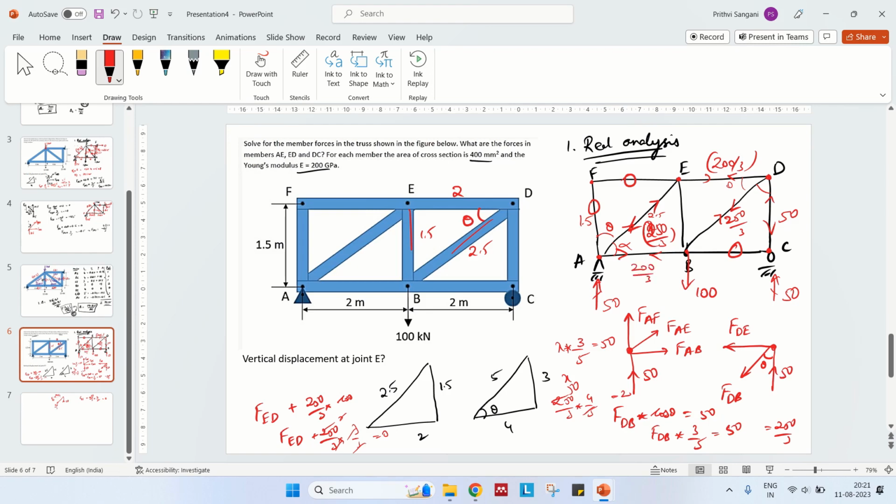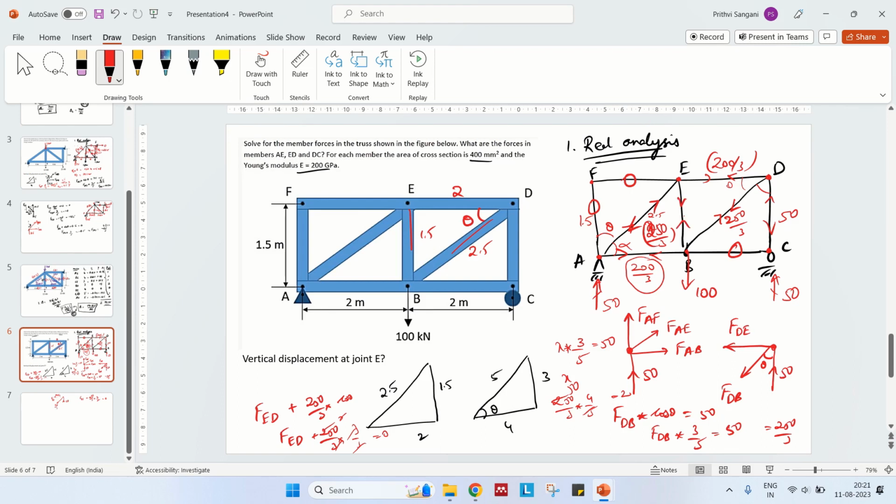So if this is 200 by 3, and this is 250 by 3, then 250 by 3 in this direction is again 200 by 3. So this nullifies. That's why the force in this is 0. What about the vertical force in BE? So we have this 100 downwards, and this is 250 by 3 upwards, and this is found to be